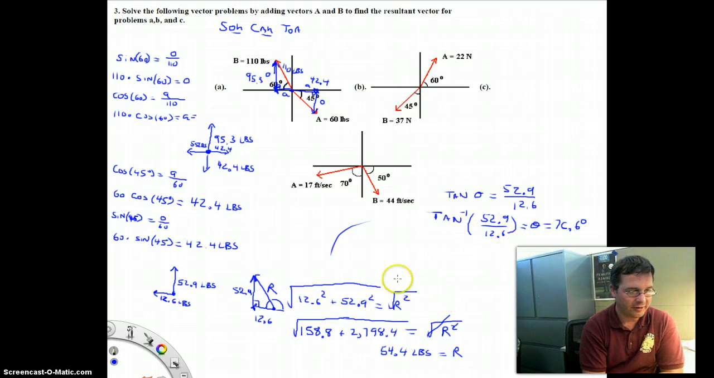Now, the last step of this is to think about what is the supplement. So what adds to 76.6 to give you 180? Well, 180 minus 76.6 would be 104, but then we got to take care of that 0.6, so 103.4 degrees. 103.4 degrees is the angle, and again the magnitude we figured out was 54.4 pounds at 103. So we can draw it here, 54.4 pounds